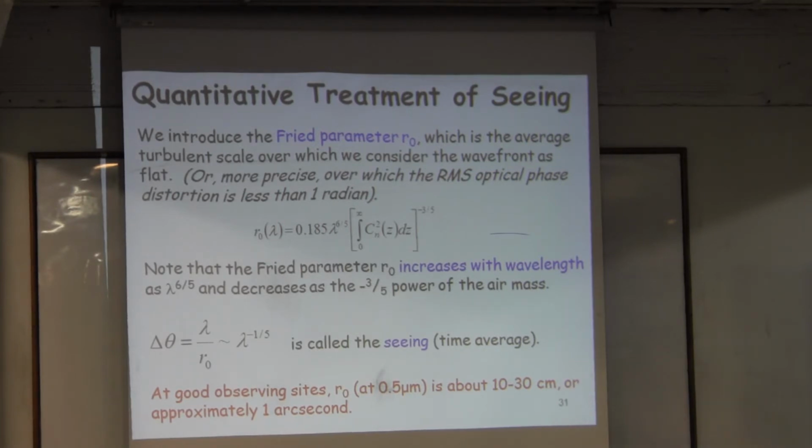Right? And this is seen in this formula here. If you go to longer wavelengths, the effective scale over which the wavefront can be considered flat is just bigger. At the same time, if you look through more atmosphere, you get more turbulence, and so it gets worse if you look at higher airmass. Okay, so we have this formula here that R0 depends on the wavelength as the 6/5 power,